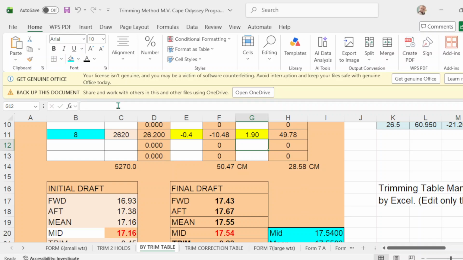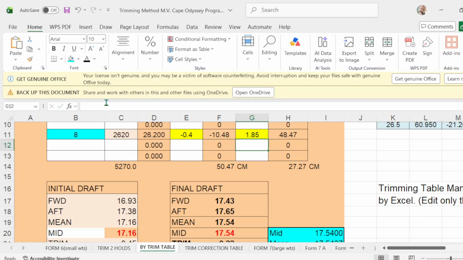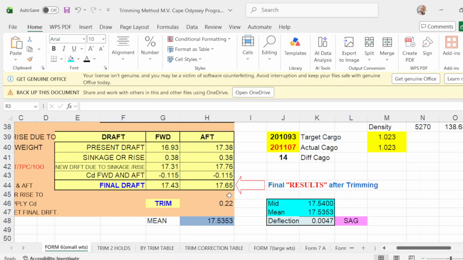Take note, 67 is too much. No, 65. And the trim is 22. So 17.65, 17.43, and trim should be 22. Okay?